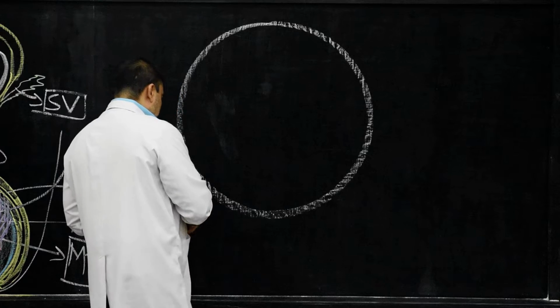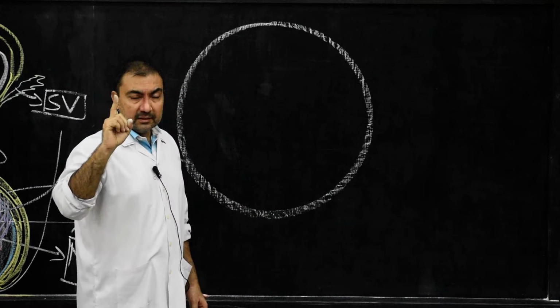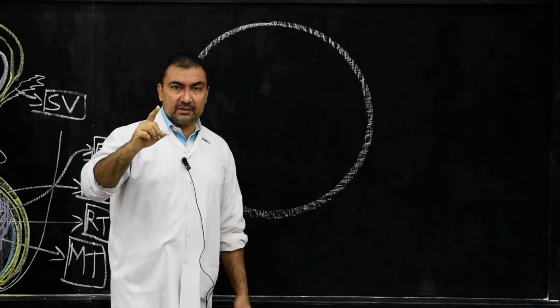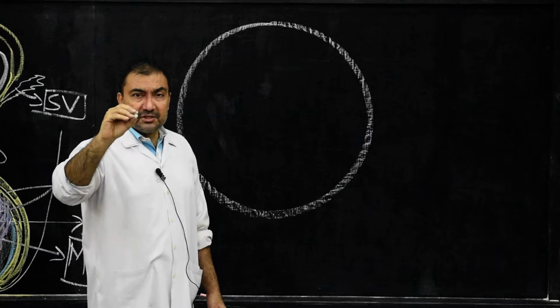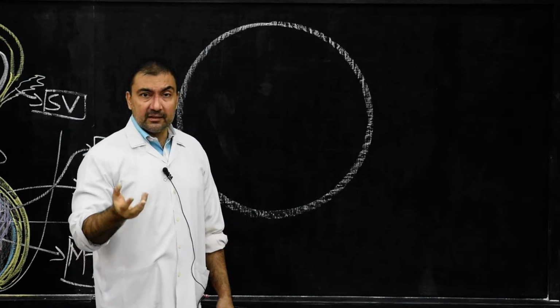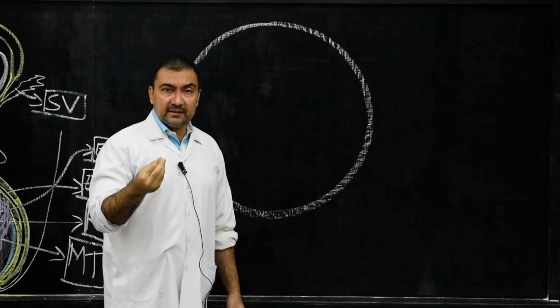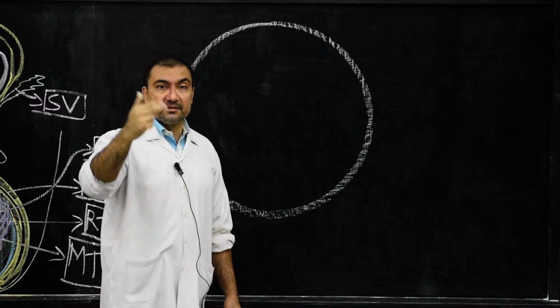From the basement membrane, there will be two types of cells which are present. Number one, the supporting cells of Sertoli, and number two, there will be various spermatogenic cells in the entire process of spermatogenesis. So there are these male gonadal cells which are in the entire process of spermatogenesis at various stages.